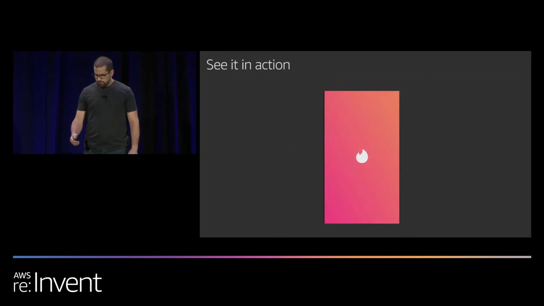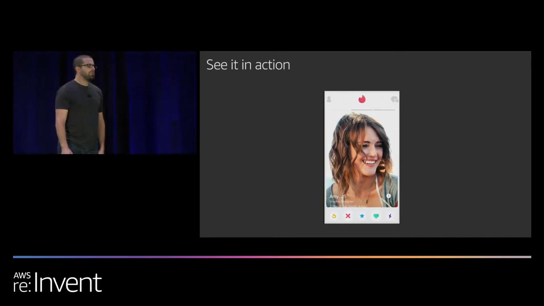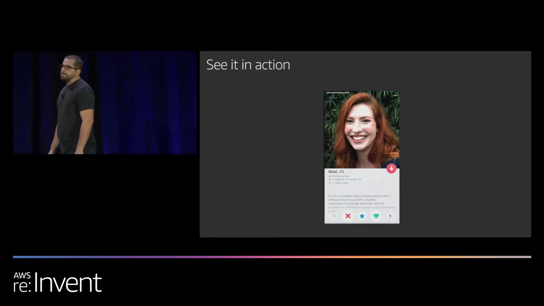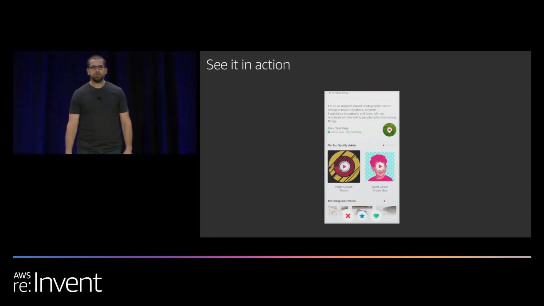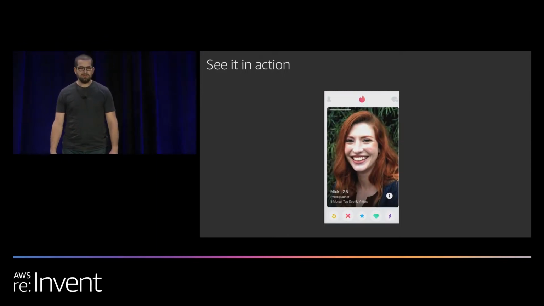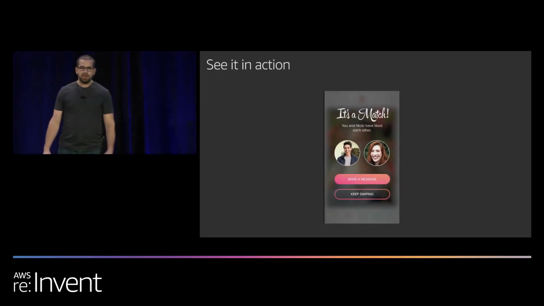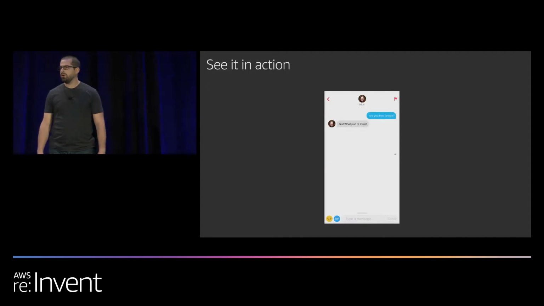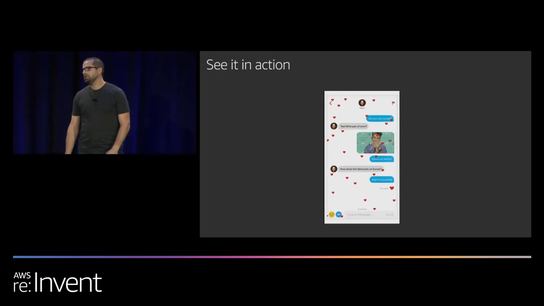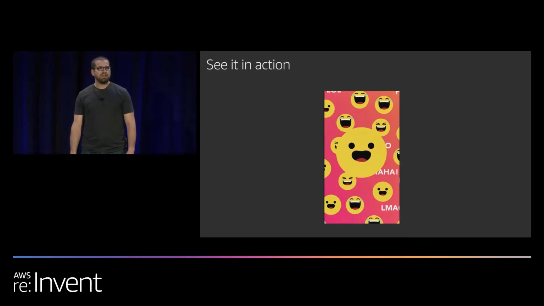Let's go ahead and see it in action. When you first log in, you'll be presented with a series of potential matches. You can see photos. You can also choose to dive a little bit deeper and read the person's profile and also look at some of the other photos they have. And then choose to either swipe left if you're not interested or swipe right if you are interested. If both of you swipe right, it's a match and you can get to chatting. You can share some laughs and maybe even set up a date.